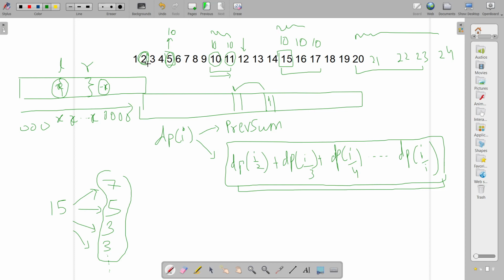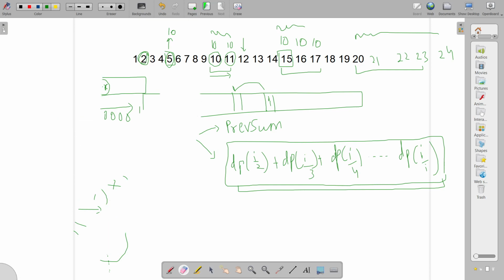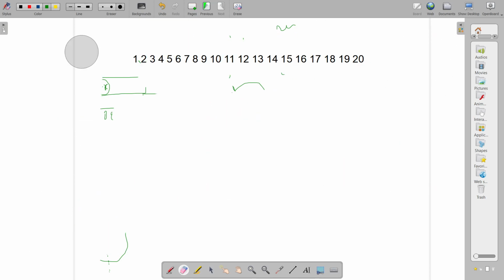Okay. So first of all, how do we figure out these ranges? That I will show you. Let's take the example of 5. It's a good example. Let us suppose there is an element A which, when divided by some element P, with the floor of it, gives 5. For example, if A is 10 and P is 2, I get 5. If A is 11 and P is 2, I get 5.